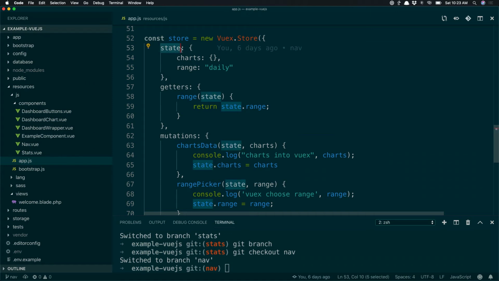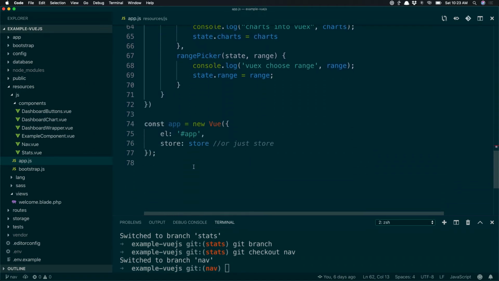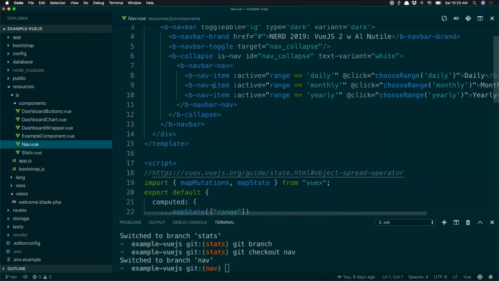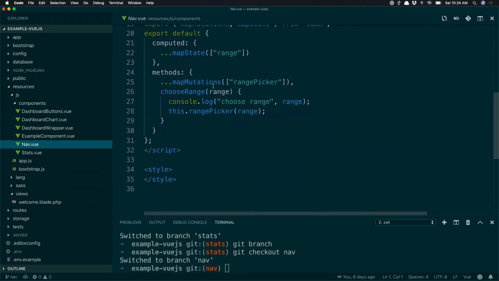It's going to have state, it's going to have getters, it's going to have ways to mutate the data, and I'll go over a couple of those in a moment. And then I'm just going to pass that into my Vue app. So right now, my Vue app has this store to save data. And so we have access to that now in our components. So if I was going to go to the nav component, which I just made, it's going to do all its nav stuff. But what's happening, though, is it's going to allow me to do mutations when people click.